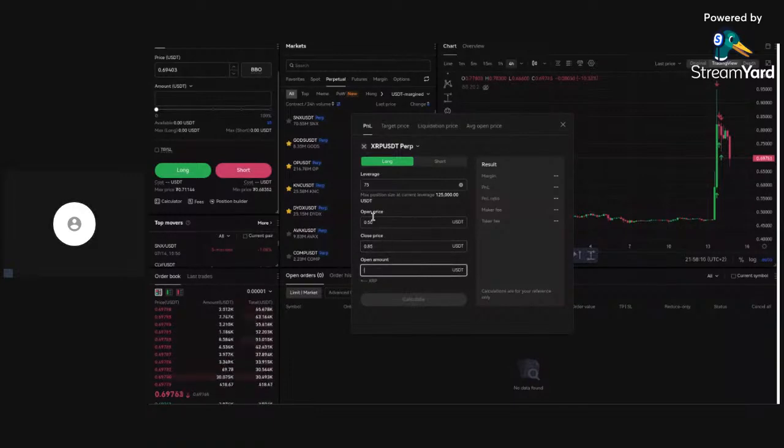So we can see 75x leverage setup. We longed it at 50 cents. We have that set at long, obviously. Our close price is 85 cents. And then let's see. You're going to see that the margin, this is a $148 trade. So if you were to put on about $150 in this trade, 50 cents to 85 cents,